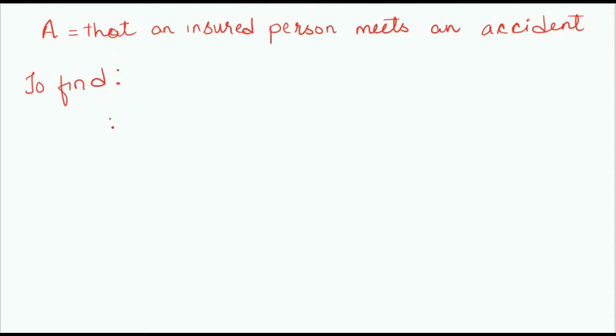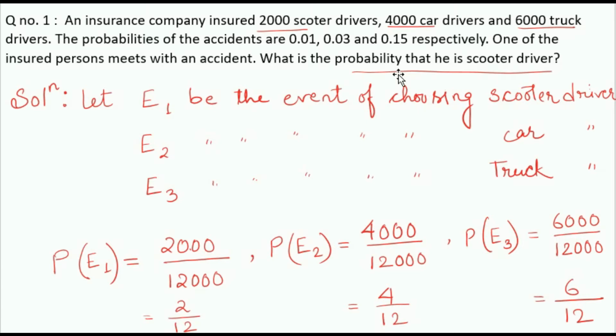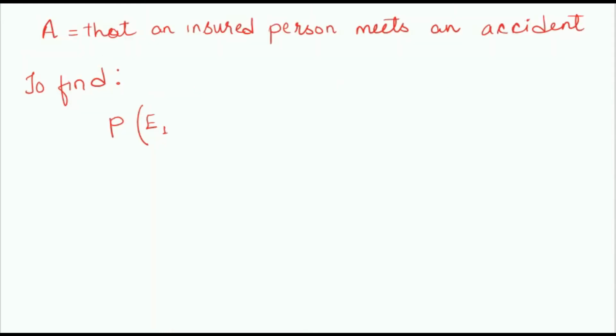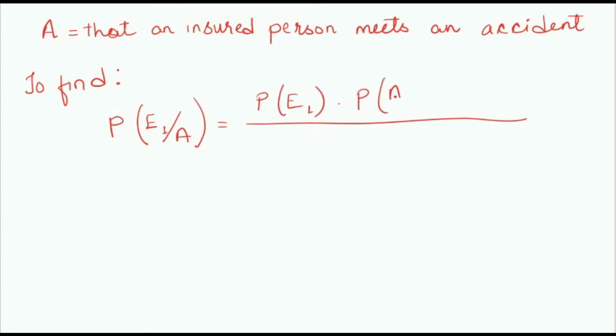We need to find the probability that it is a scooter driver and that he meets an accident. This is given to us already, that he meets an accident. This is what we need to find, and this is how we do it: probability of E1 into probability of A given E1, as you know from the previous video, and below we have